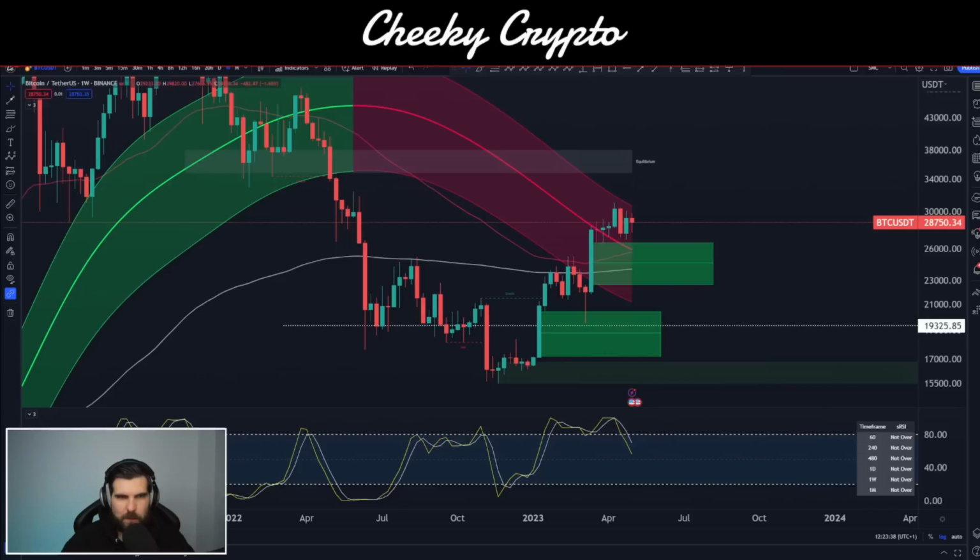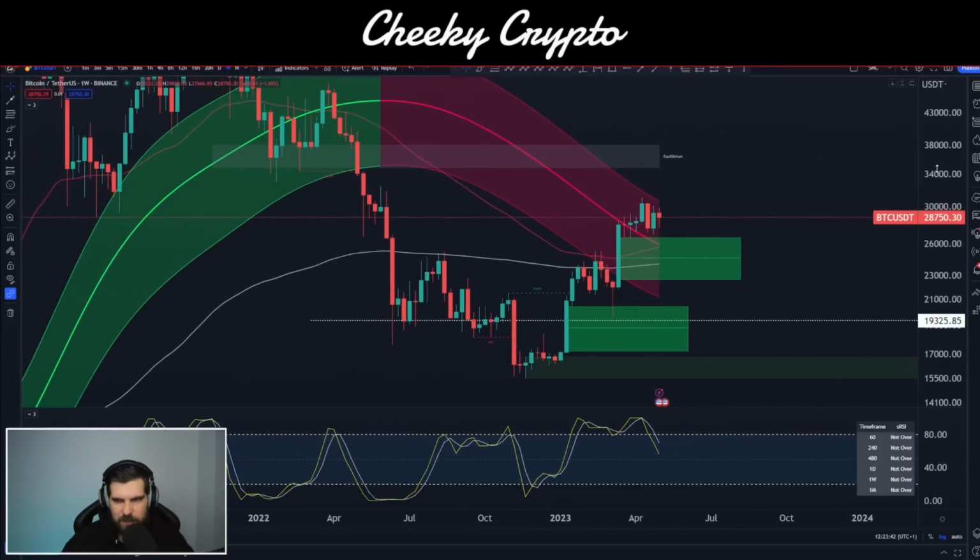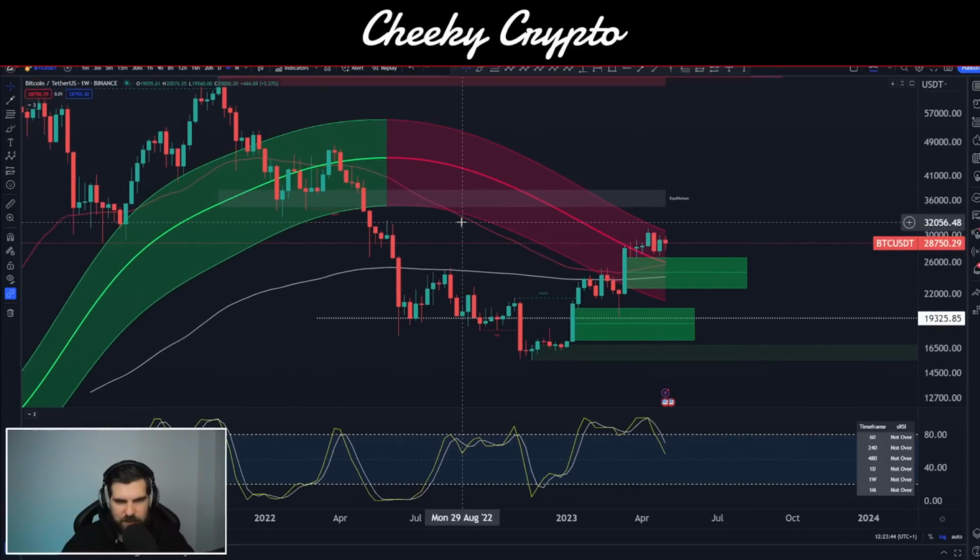Now, when we come over into our smart money concepts, I've added the Gaussian channel on here for the weekly. This Gaussian channel historically has been very good at predicting the bull markets and the bear markets. However, there are some underlying variables that have changed. So whether that's going to have an impact on the ability of this Gaussian channel to be predictive or not is something we're going to confirm or deny later on. It's not something we can do right now.